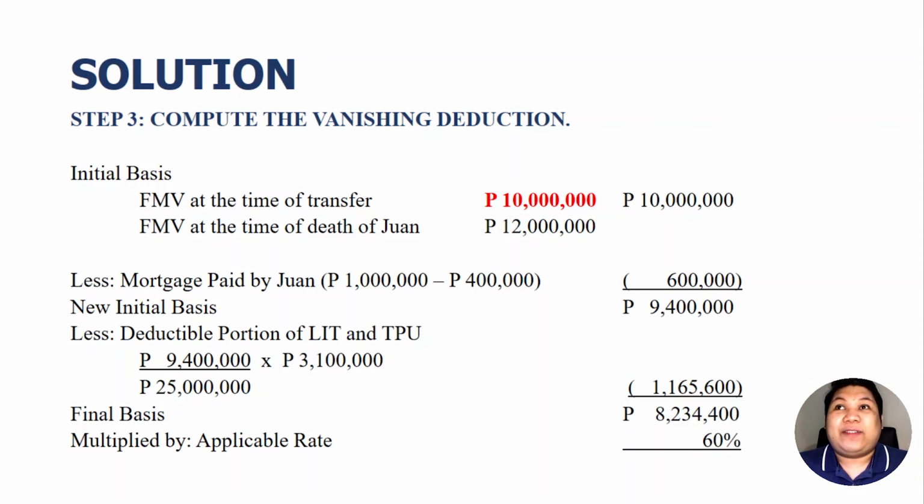Okay, but if the inheritance or gift and the date of death is more than 1 year but not more than 2 years, the rate should be 80%. But if the date of inheritance or the time of transfer and the date of death is more than 2 years but not more than 3 years, that is 60%. In this case, that is 2.5 years. Hence 60%. Okay? Therefore, our vanishing deduction is